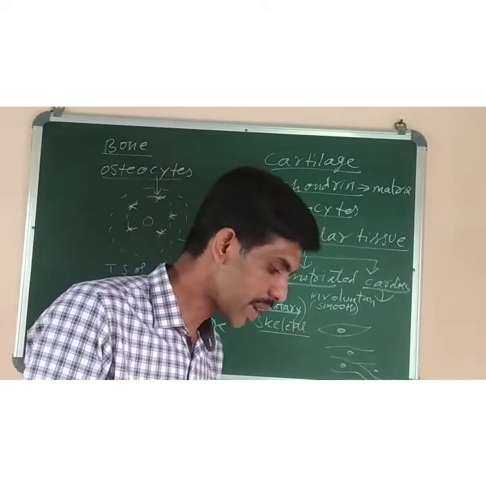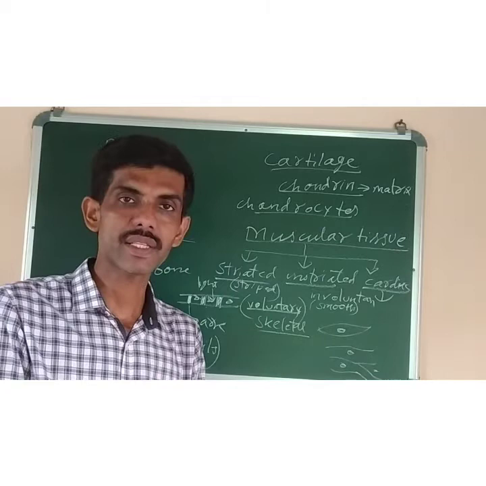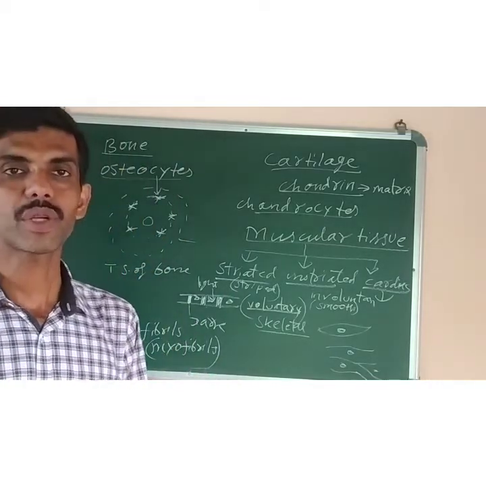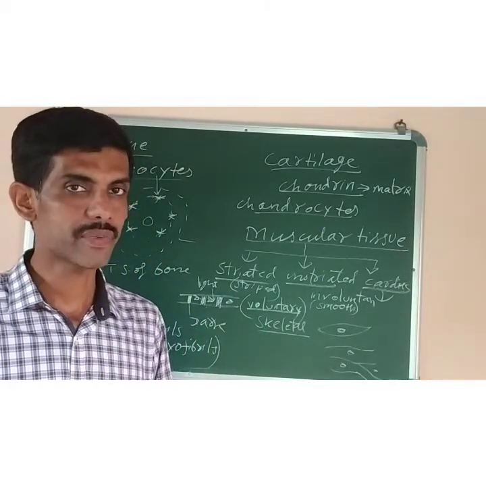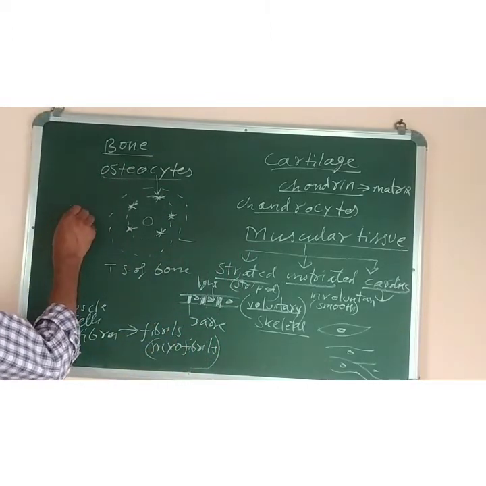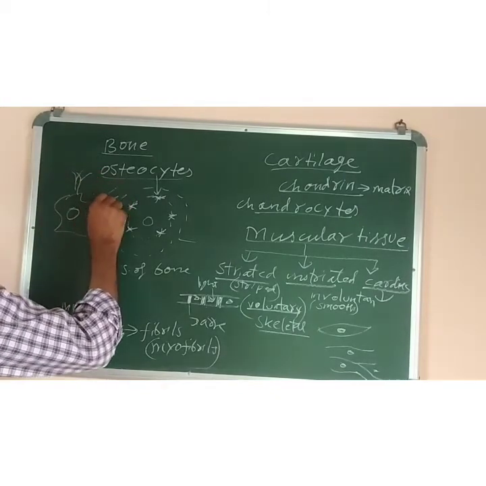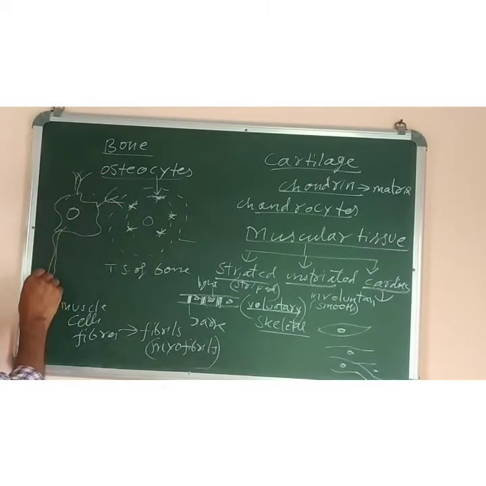Okay. Now next we have the nervous tissue. You have already studied about the nervous tissue in lower classes, so I will not do it in detail. I will just say nervous tissue is made up of nerve cells or neurons. It is further made up of two parts. The upper part is known as the cell body or cyton. Like this, you have already studied, no? Cell body or cyton, and then a long cytoplasmic process is there, and finally the terminal nerve endings are present.